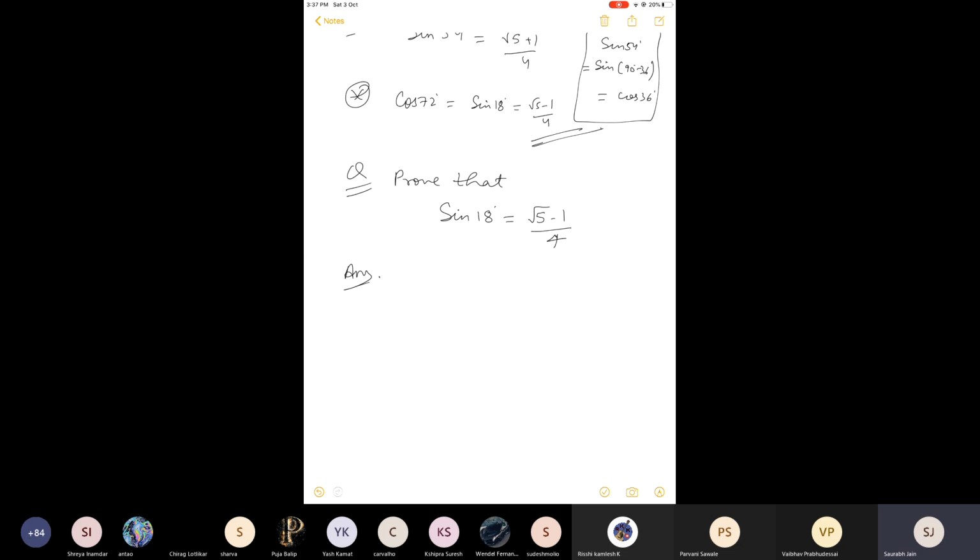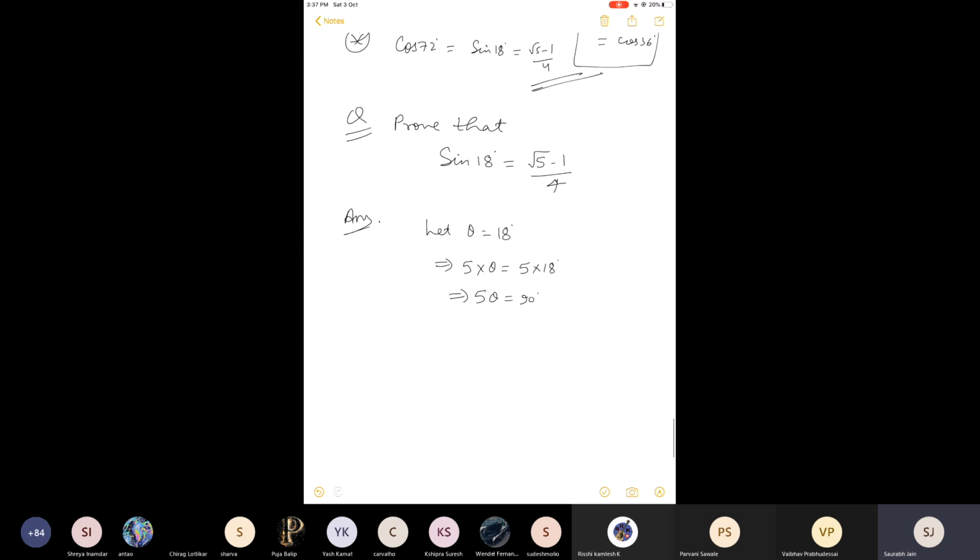I have to find sine of 18 degree. Let's start by saying that theta is 18 in this question. So if theta is 18, what is 5 times theta? 5 times theta is 90 degree. Now 5 theta can be written as 3 theta plus 2 theta. Starting with this simple thing that theta is 18 degree, you will see where the question is going. So 5 theta is 3 theta plus 2 theta, that is 90,